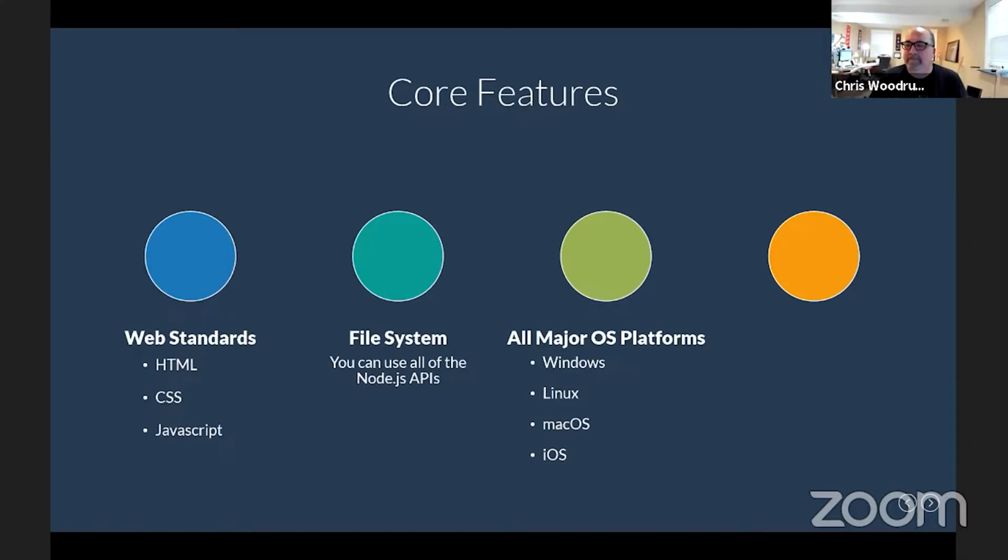I don't think it's really gone anywhere, but there are some experimental technologies to leverage Electron for iOS, but I don't think that's really progressed that much in the last couple of years. And then we have native OS features. We can do menus, we can do dialogues, we can do notifications, and I'll show some demos that we can do all three of those. They're pretty simple, and we'll just talk about when to do them and when not to do them, especially dialogues.